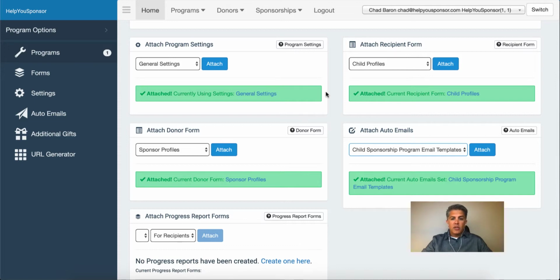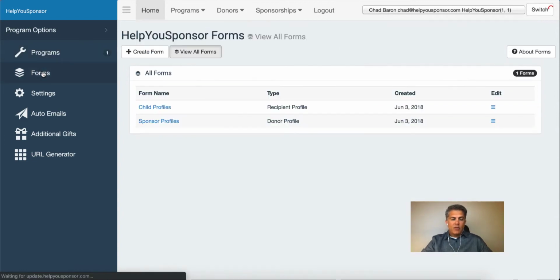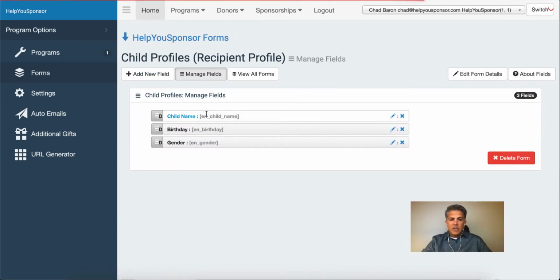Now, in order to do this, you have to have each of these pieces already set up. So we're going to go through and take a look at each of those. If we go into our forms, you'll see we have two forms here. We have our child profile form. In our child profile form, we have child name, birthday, gender, and we can go ahead and edit this